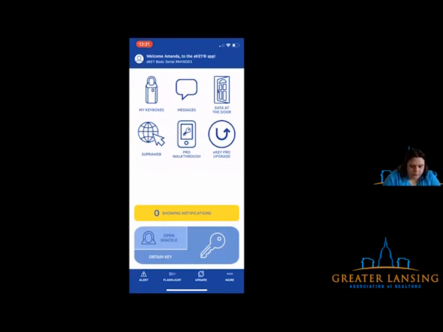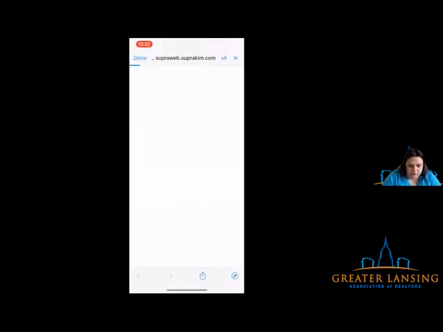Alrighty, so from here, we're going to go into SUPRAweb, and to do that, I'm going to need to know my serial number. And to get that serial number, if you look at the very top of the screen in the blue, it says, "Welcome, Amanda, to the eKey app. eKey basic serial number 641003." So I'm going to go into SUPRAweb,